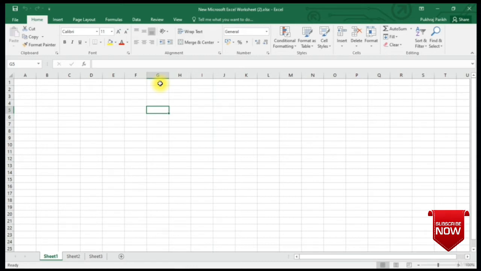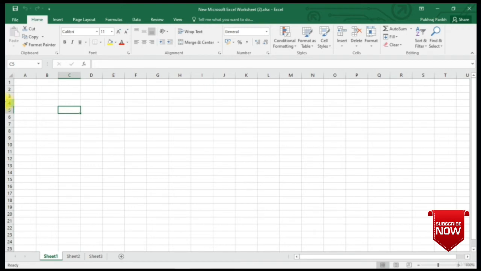So the major part of this screen is taken up by this set of small rectangles. If you look closely, these rectangles are formed by the vertical and horizontal lines. These vertical paths are called columns and each column has an alphabet name. If I click on this letter B, it highlights the column B. In a worksheet, there are 16,384 such columns. Although you do not need to remember this number, but that is the number of columns we have in this worksheet.